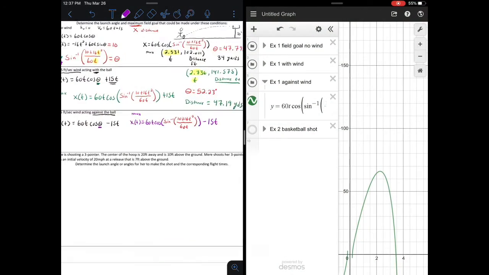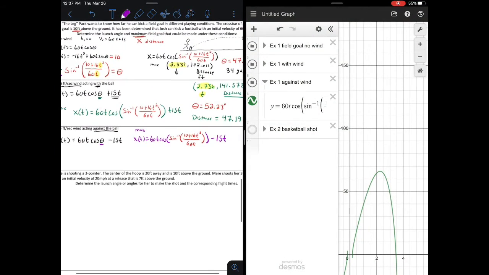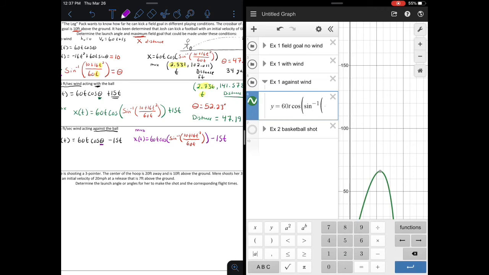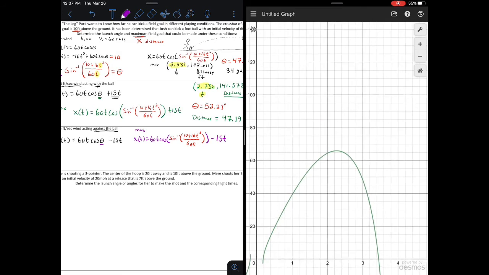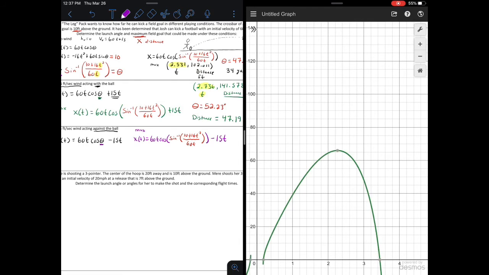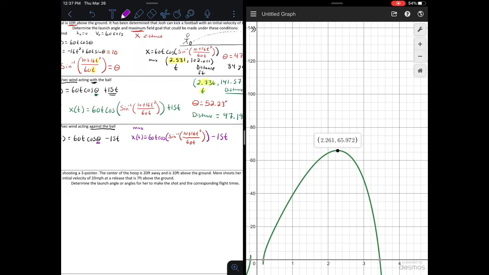All right, so go back to Desmos. I get this typed in, and you just double check that your parentheses are everywhere they need to be, and that I got minus 15t on the end. All right, so it's back in there and I have my new curve. And of course, I'm expecting this to be lower in height because the wind is acting against the direction of travel. And we get a new max of